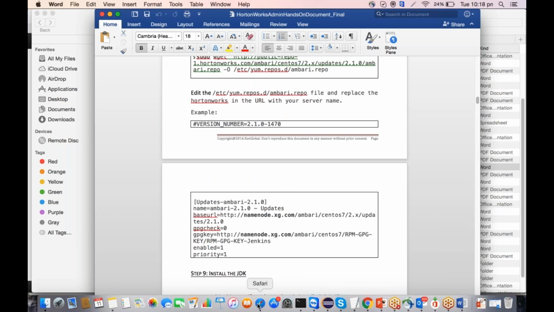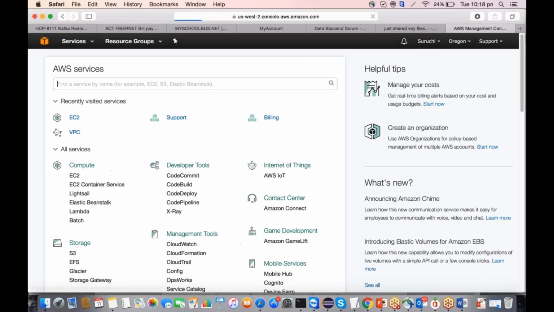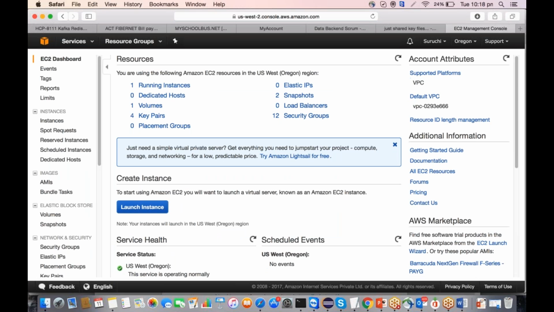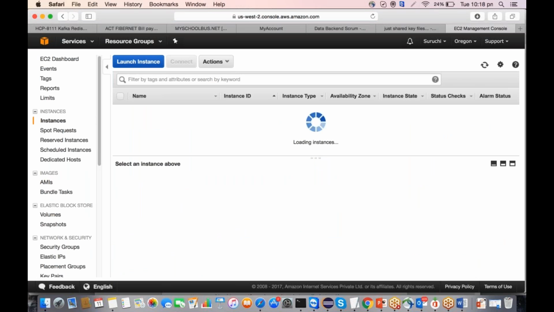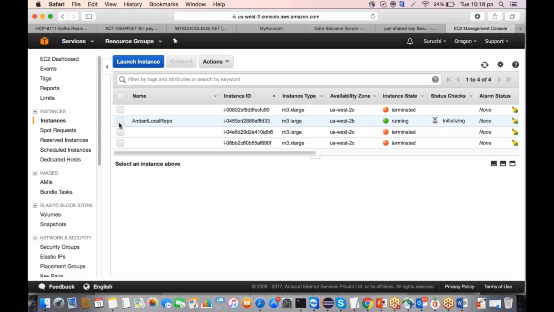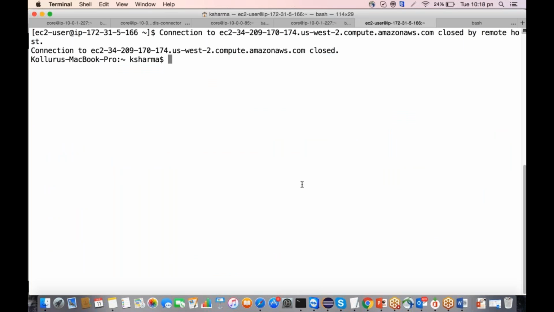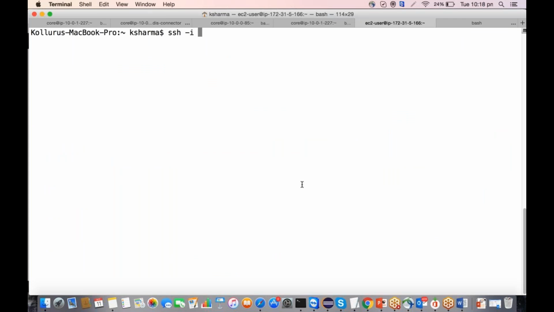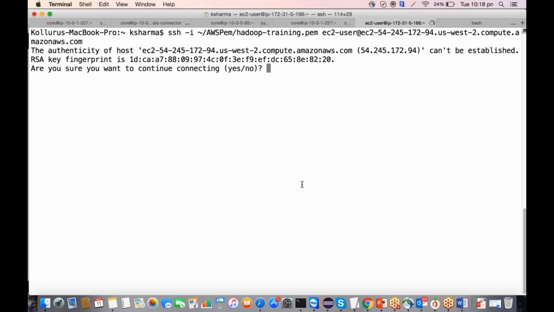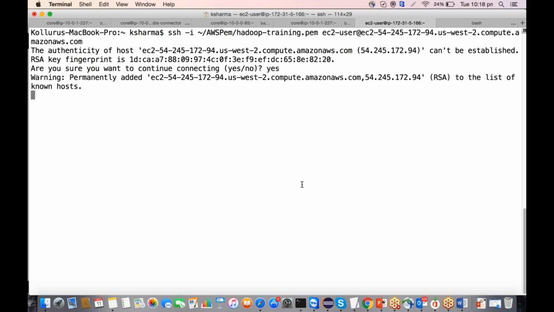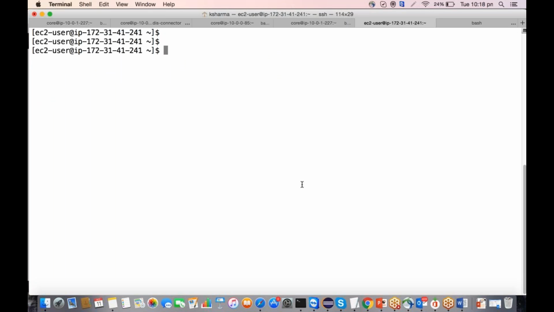So this is my new machine, which I've just brought up. And please understand, right now I am just making this machine our repository machine. Okay, so let me first install the